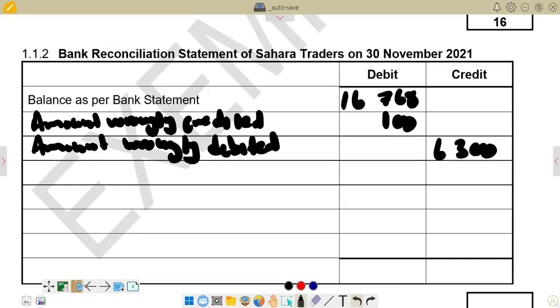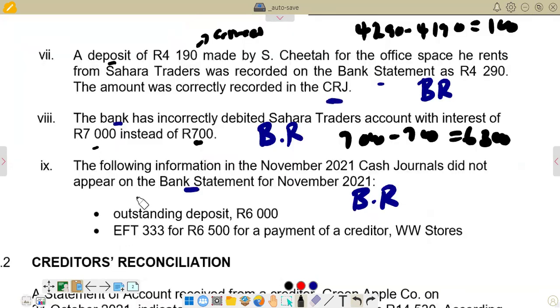So go again to check what we have next, which is the following information: in the November 2021 journals, the following does not appear on the bank statement. So there's a deposit that was made, which is not yet appearing on the bank statement, but we assume this deposit is on the way. It's going to reach the bank. So we are going to update our bank statement and put our deposit of 6,000. And this, by depositing, remember we put it on the credit side. So we are going to have an outstanding deposit of 6,000 that we put on the credit side of the bank reconciliation. And then EFT 333 for 6,500,